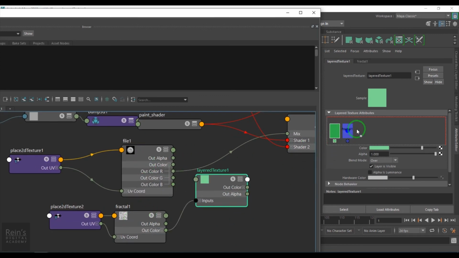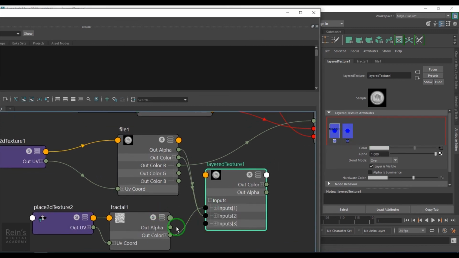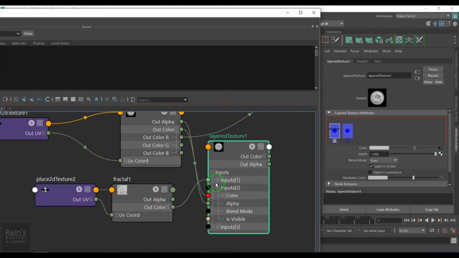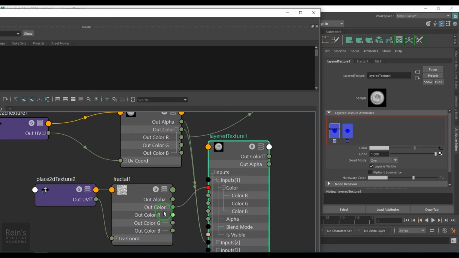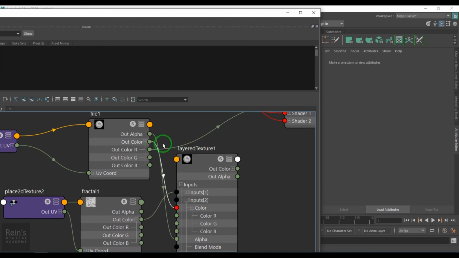And if you wanted some sort of noise, if you feel that the lines are pretty straight, then you can take anything like a fractal texture. Okay, then bring the layered texture and put the fractal and the layered texture both.